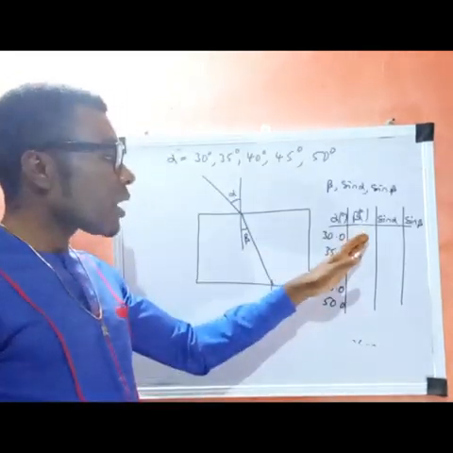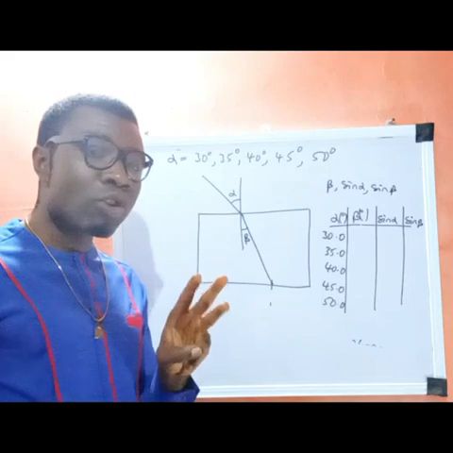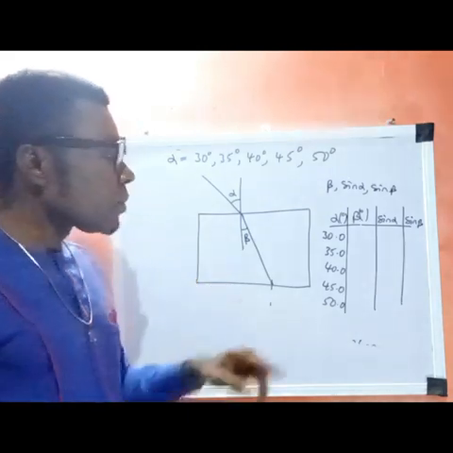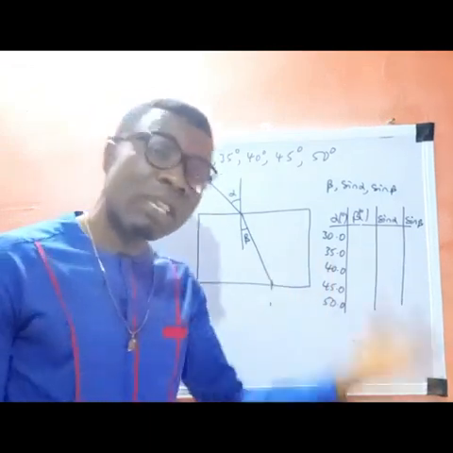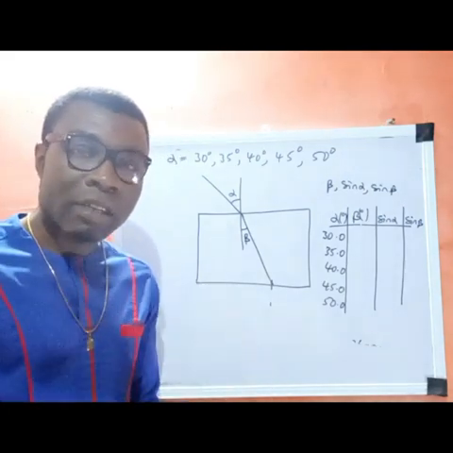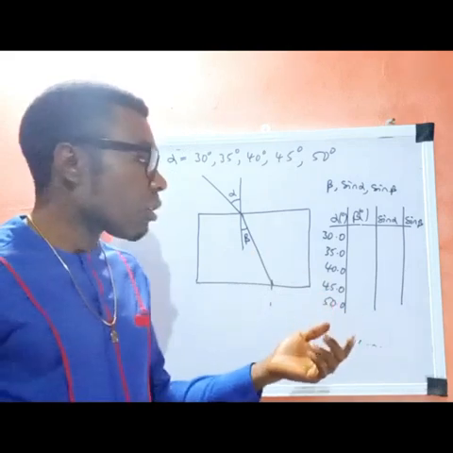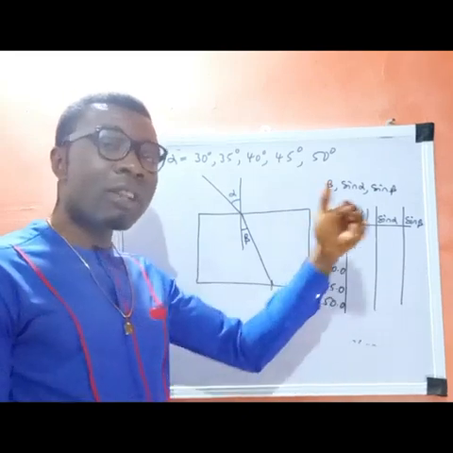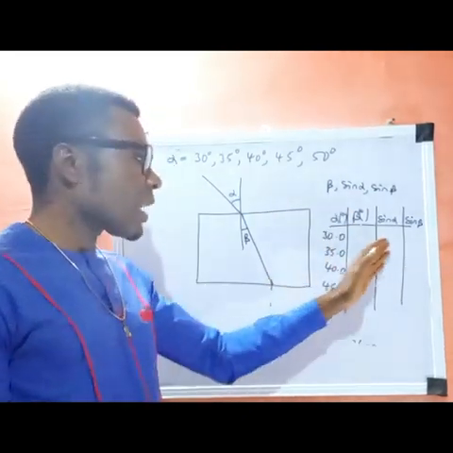We have the measured value, and then we have the calculated value. There are 3 values that we obtain from a practical table: the given value that is existing in the question, the measured value, for which you use any measuring instrument, your stopwatch, your protractor, ammeter, voltmeter, or whatever measuring instrument you can think of. Then the calculated value is what you now evaluate from the measured value and the given value, like sine theta,